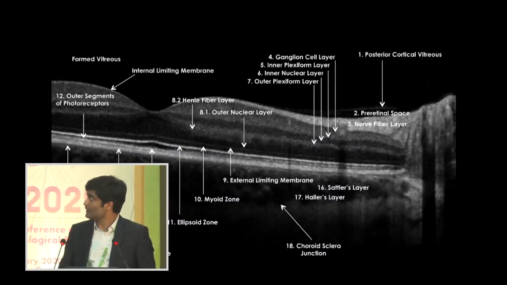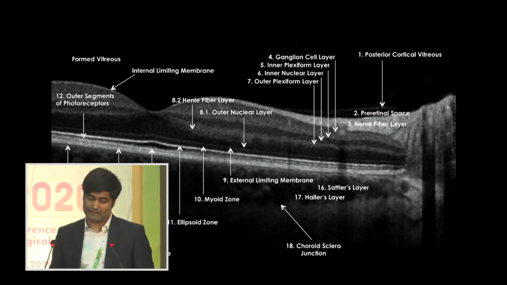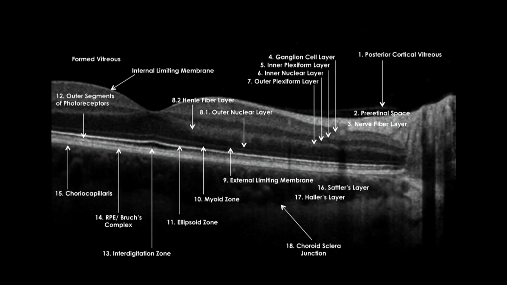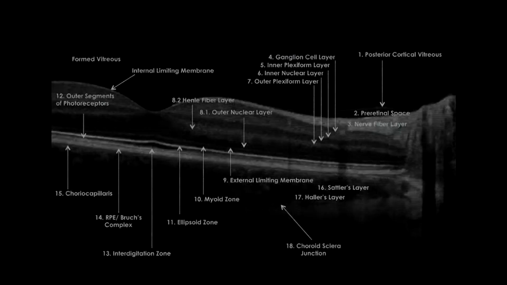This is a normal OCT structure that we would want to see if the patient should see 6/6. The problems can be at the vitreoretinal interface, or there may be changes within the retinal architecture, or there may be choroidal anomalies which will show up. These are the three subheadings under which you should be looking at your OCT.